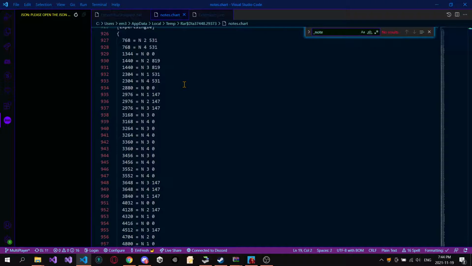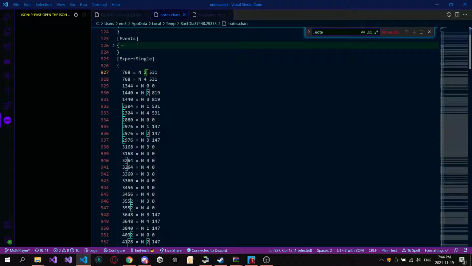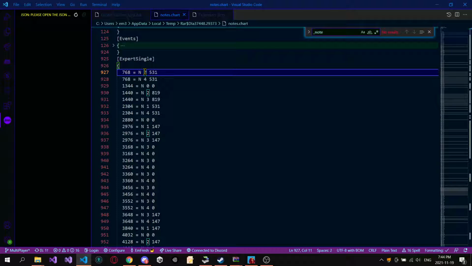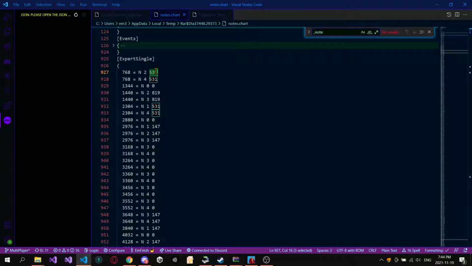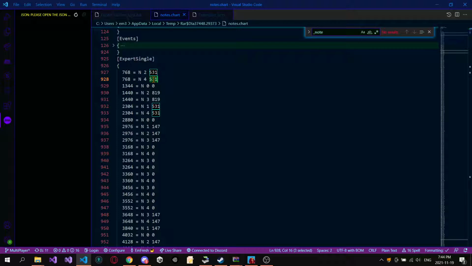And then here's how they store the note data. Again, they just have the notes at specific times, and then it says the index in which the note is, and then the type of note it is, represented by a number. I actually don't know exactly what note types these are, because in Guitar Hero there are like 5 different